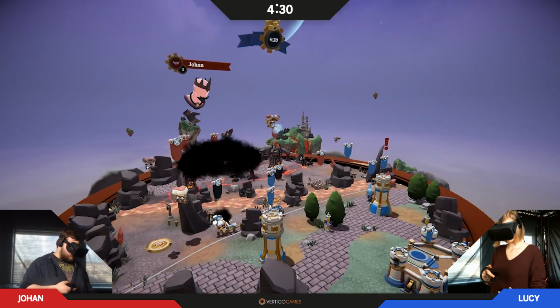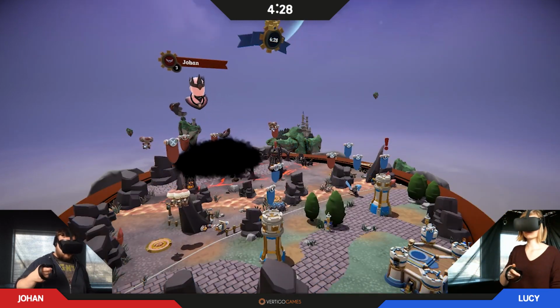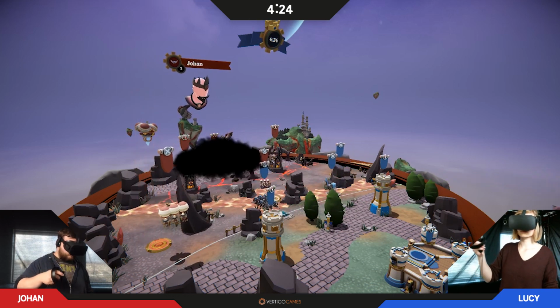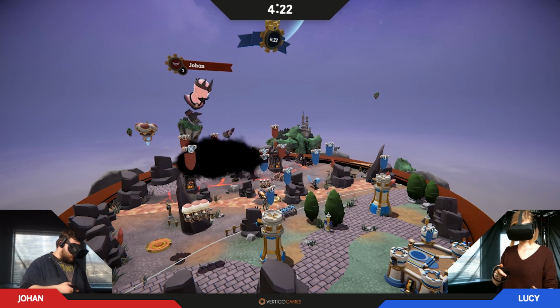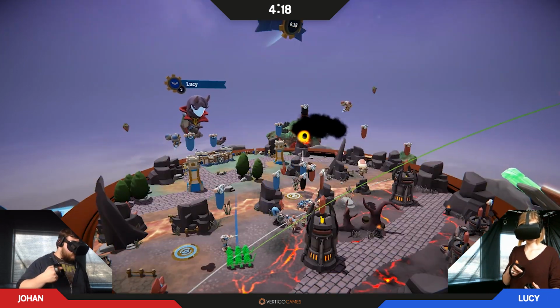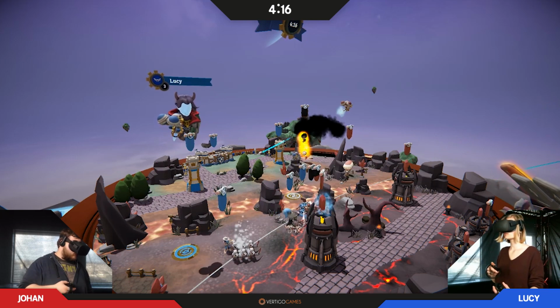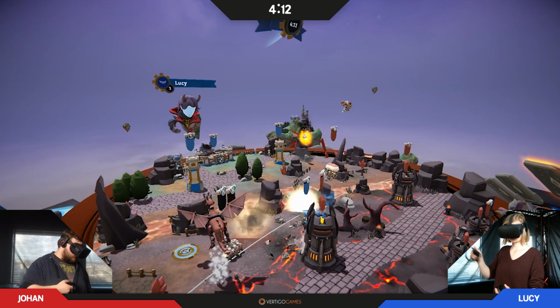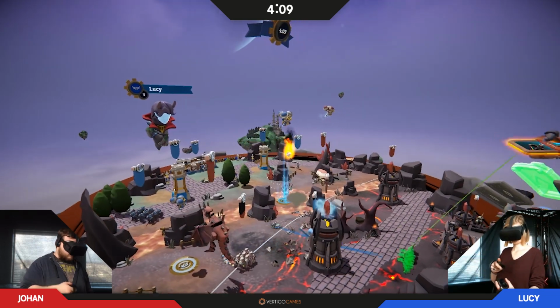A lot of forces going back and forth as Johan's battle balloons are going to take care of Lucy's operator, making their way towards her tower. Tower trying to defend itself, but Johan also has the turret on that side. It's going to be able to help Lucy's battle balloons take care of that tower, but the battle balloons go down. As Johan's going to summon another Wyvern on his left side,